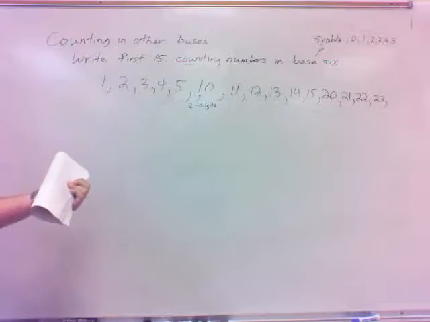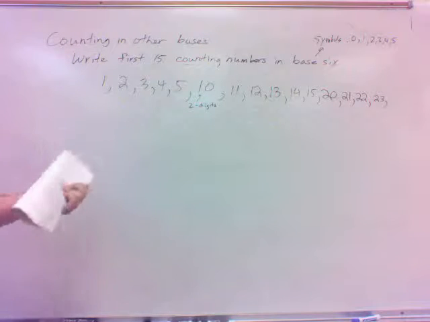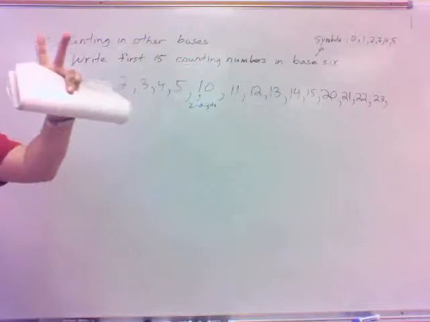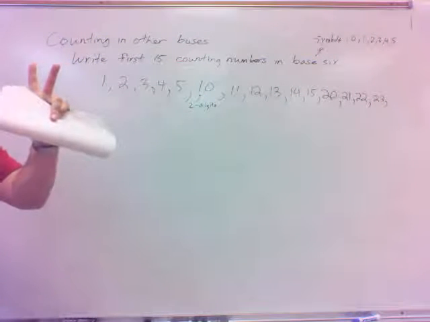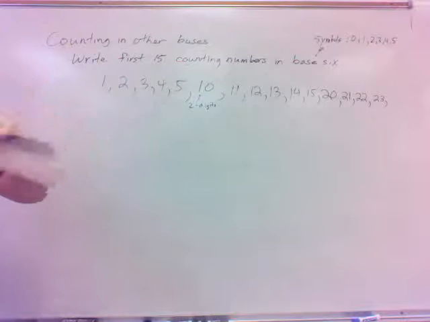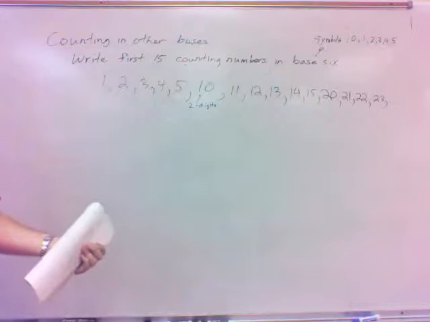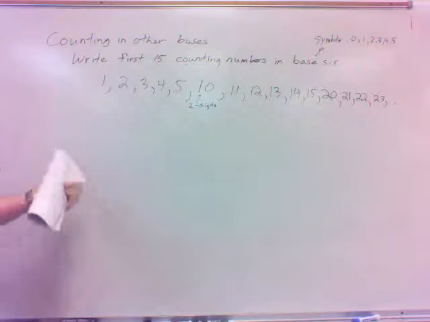I mean, why don't we have another symbol after 9? We just don't. Okay. Just the way it's set up. Probably because we have 10 fingers and 10 toes is why we have base 10. But what if it had been base 20? Well, maybe we would have, I don't know, but